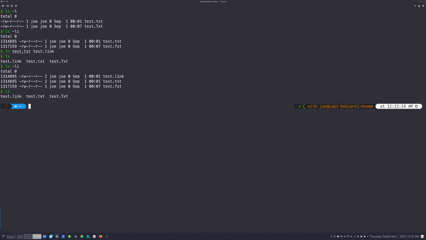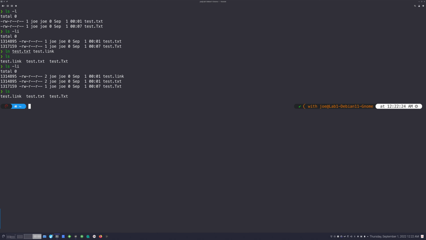Now, if I remove one of those two hard links, then the data is still going to be marked as in use, right, by the file system, because there's still a hard link pointing to it. If I remove both hard links, that will free the data up effectively. It'll still be there, but it'll be free.